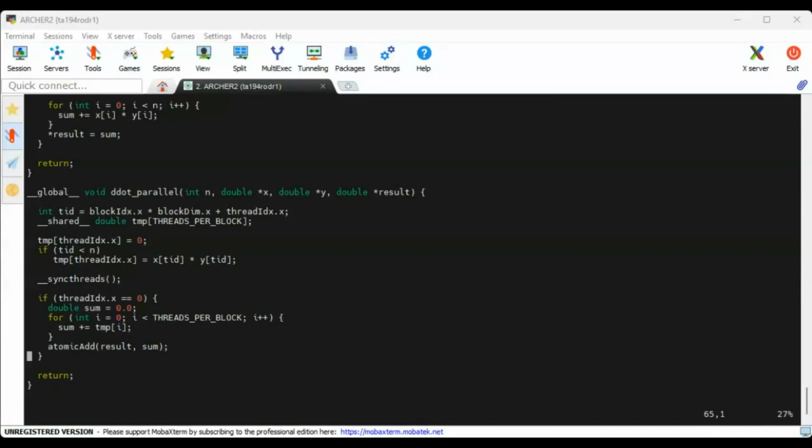Is it clear? Which one do you want to solve next? Do you want to see the solution of the constant memory, or